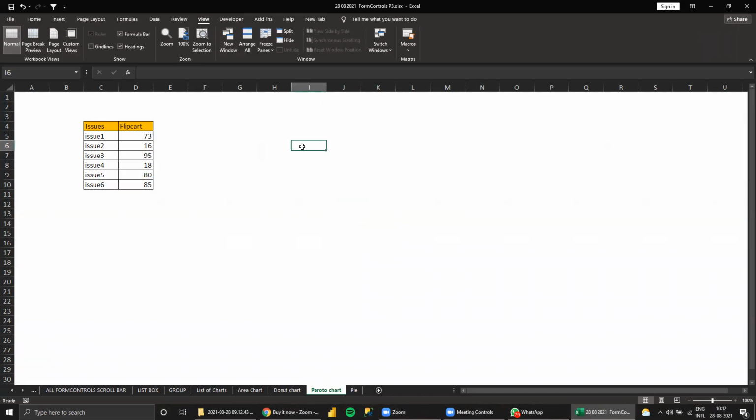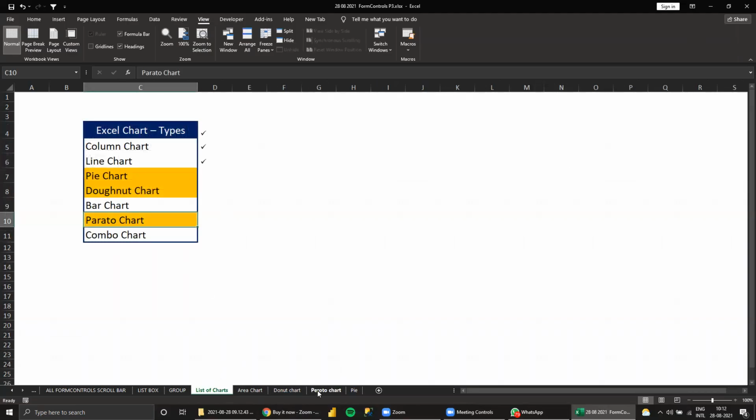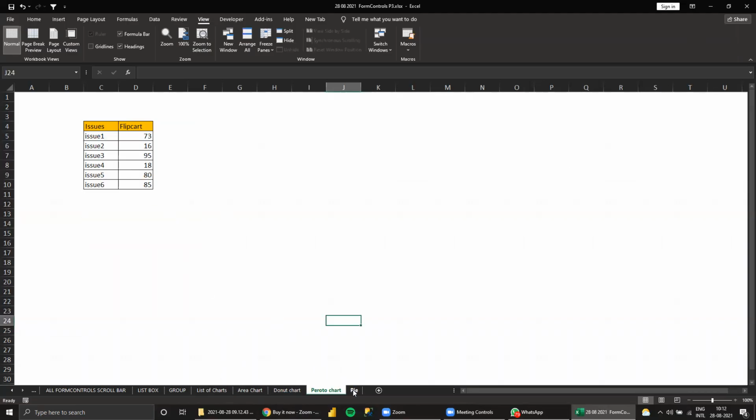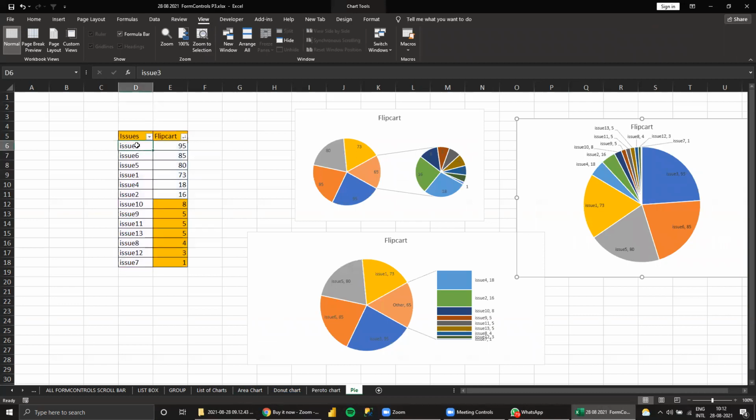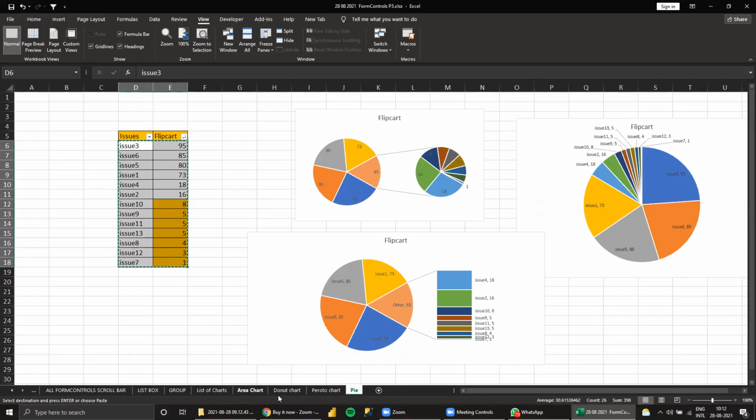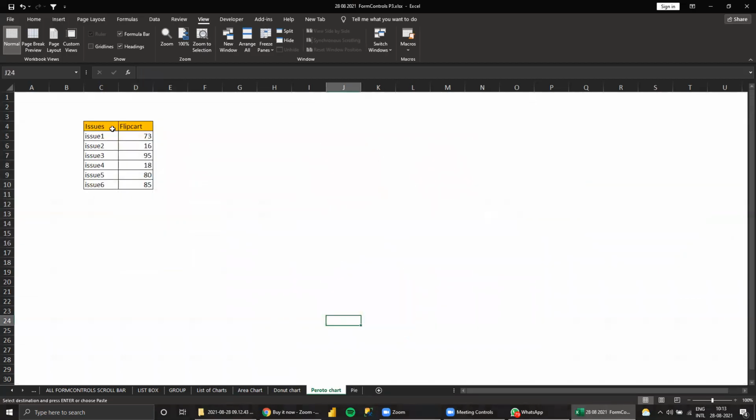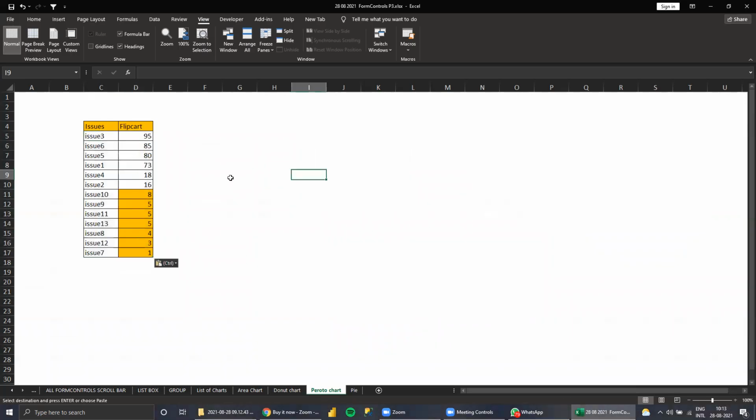Basically, these are issues 1, 2, 3 like this. I get these values, so that will be more focus. See, I have the activities, and I have the issues also.